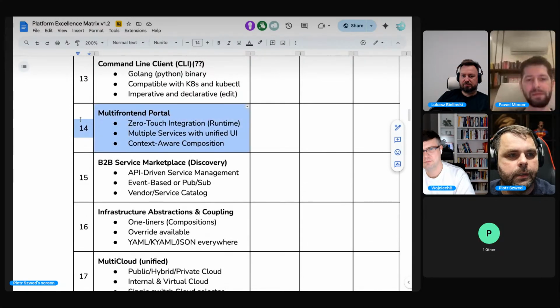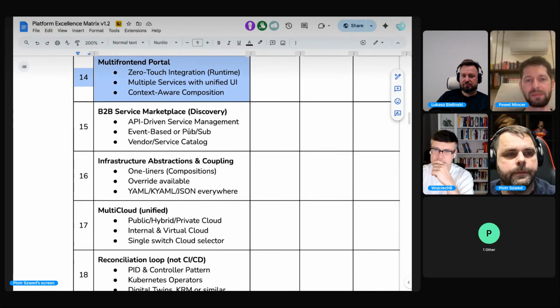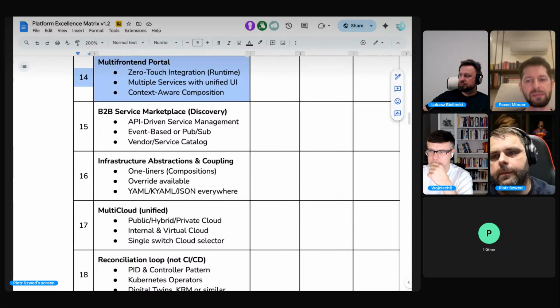Multi-frontend portal. Yeah, this one is also kind of interesting because there are lots of different tools on the market, especially the portals which have monolithic architecture, and I believe, Łukasz, you know the best. The tools like Backstage, for example. Do we expect the portal, the web user interface, to provide multi-frontend features, multi-frontend architectures, so we can create our own custom UIs, so we can extend it easily, or what are your feelings?